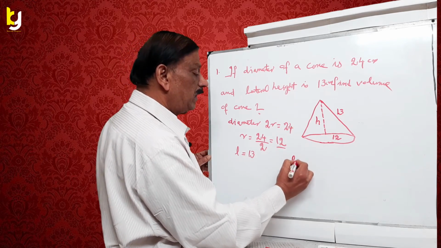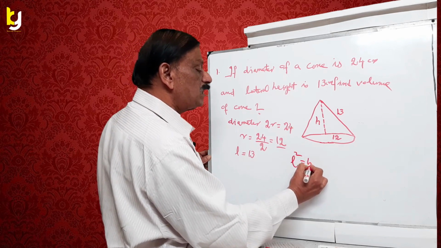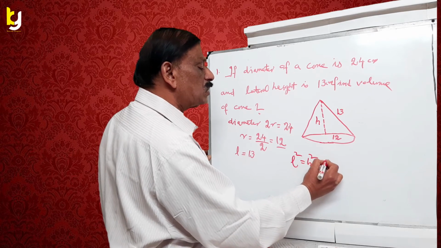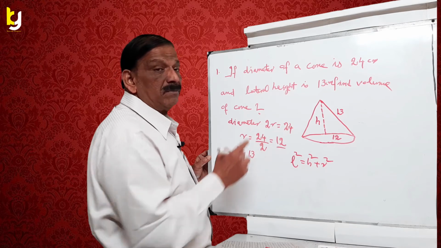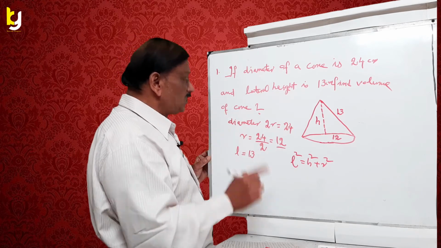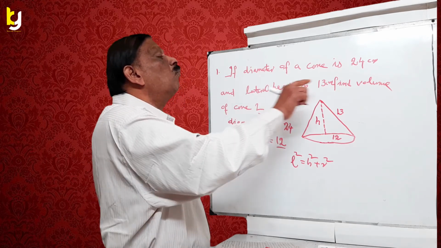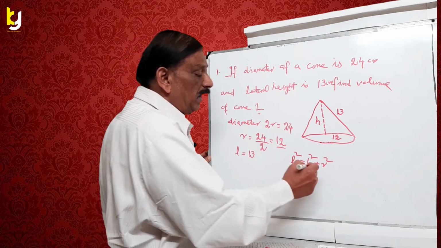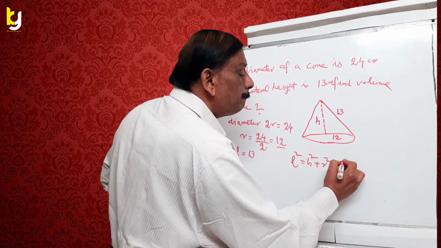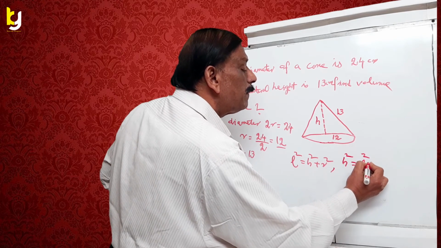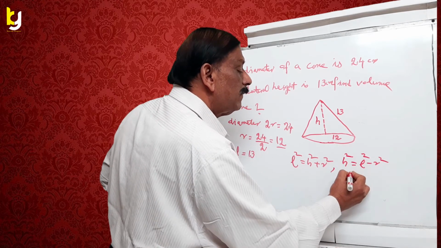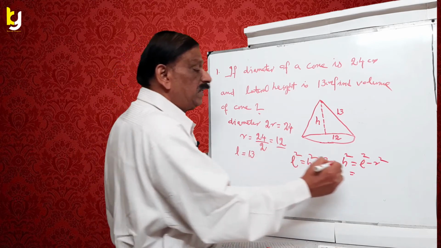Therefore, L square equal h square plus r square. We must find out h because we must find out the volume. So, h square equal L square minus r square, that is equal to